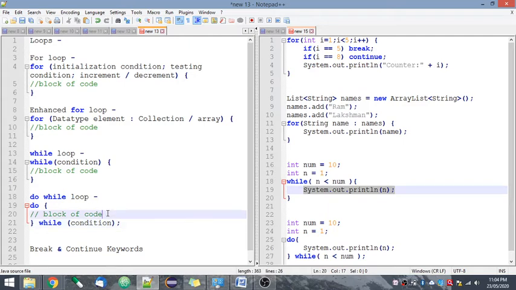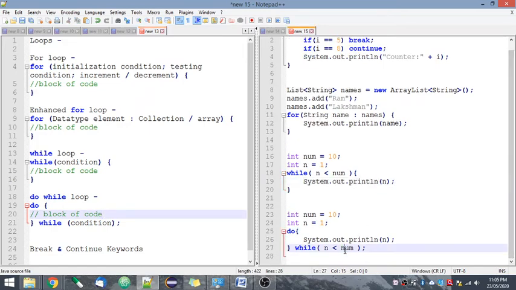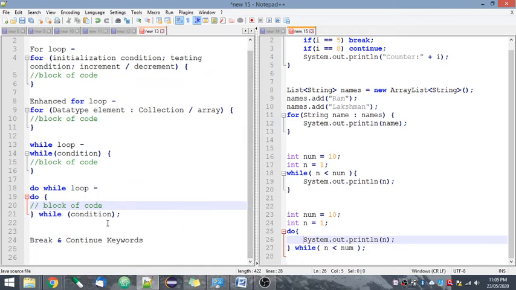the block of code that we provide inside this loop will be executed at least once, while the code inside a while loop will only be executed if the condition is true. But it will be executed at least once in a do while loop. So here is an example. I use the same condition, so I can tell you that even if the condition is not satisfied, it will print the first number, and if it is satisfied, in this case it will print numbers from 1 to 9. Okay, now this is all about the loops that we have in programming languages.